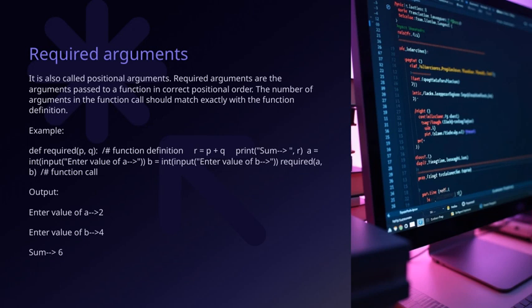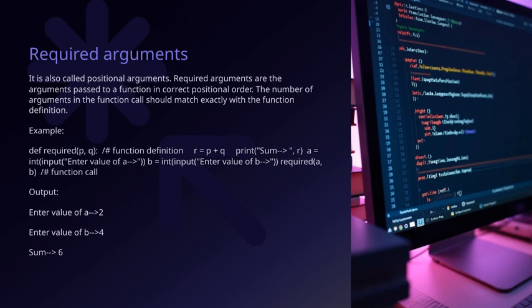These are the arguments that you pass to a function in a specific order. It's important to remember that the order matters here. If you change the sequence, the function might not work as expected. The number of arguments you pass when calling the function should exactly match the number of parameters defined in the